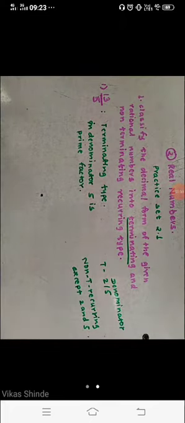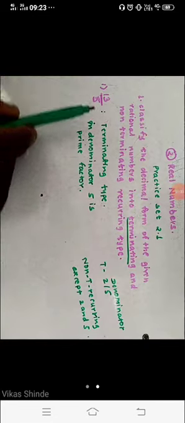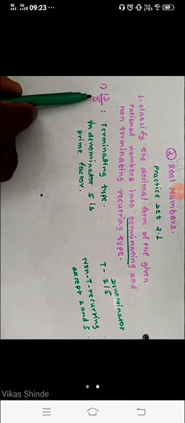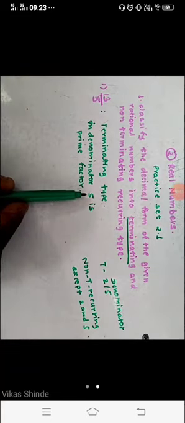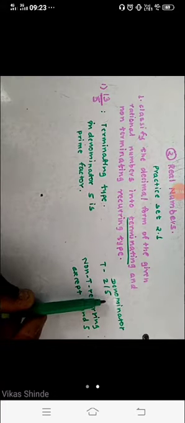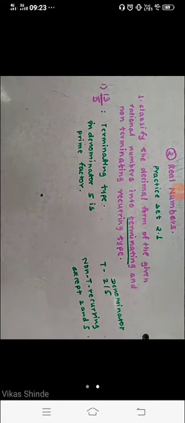So look here, I write 35 upon 5, the first is your question number 1. So this is terminating type. Why terminating type? Because at the denominator there is prime factor 5. You already know if at the denominator 2 or 5 is there, then it is called a terminating type. So this is question number 1.